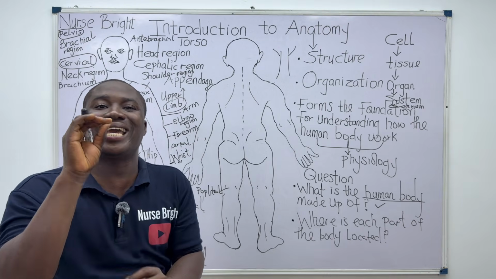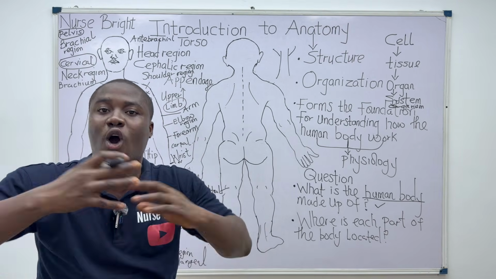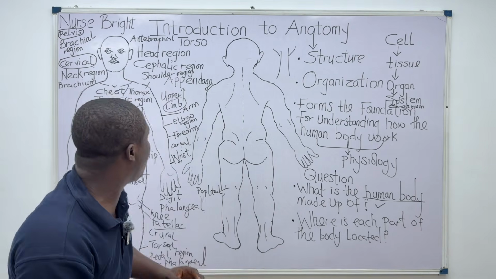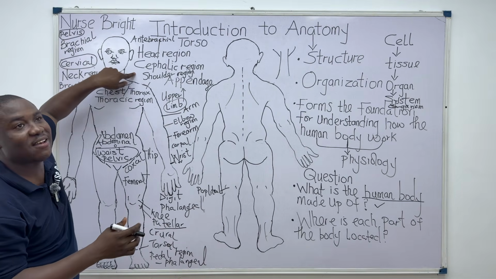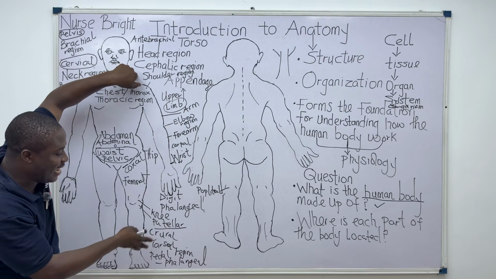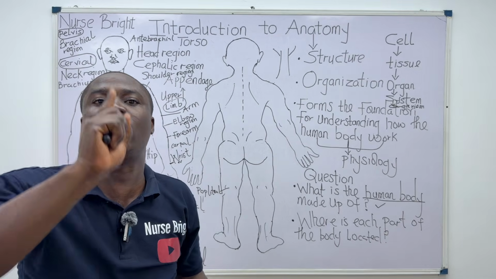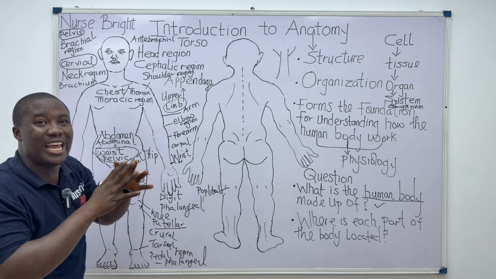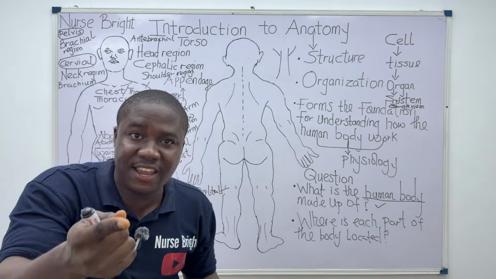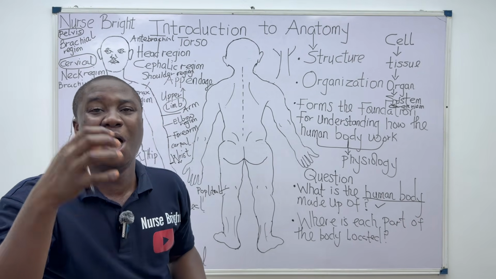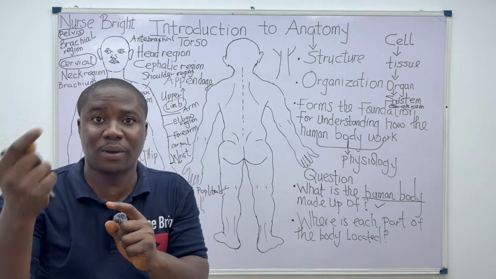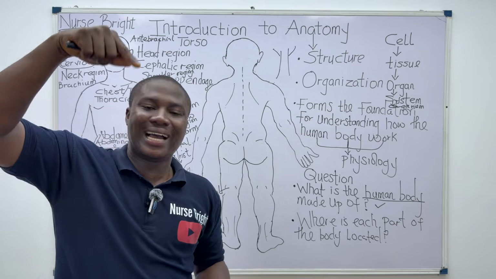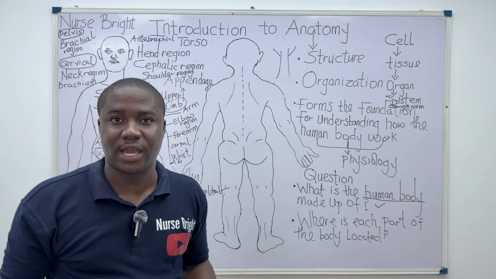When we want to study anatomy in our universities or colleges, we study anatomy in regions. You cannot just say you want to study anatomy from the head region, which is the cephalic region, down to the lower limb region, let's say in one semester. It's not possible. You have to take your time because the head region alone has a lot of vital information that is very essential for you to be able to have very good clinical knowledge in anatomy. Do you understand?